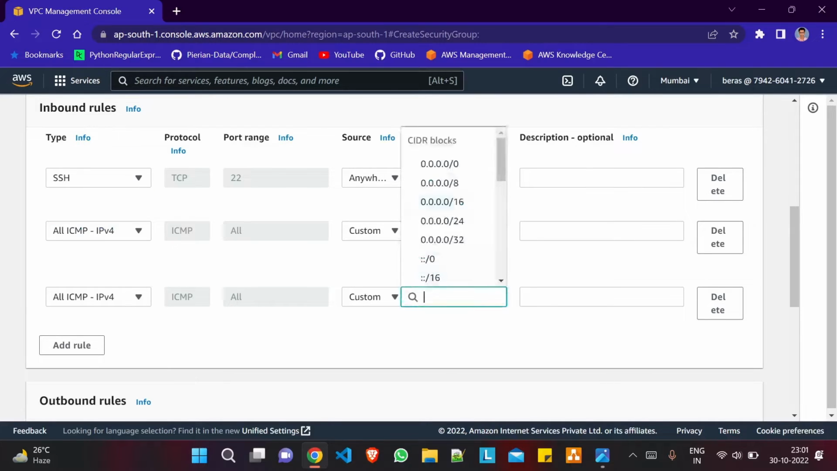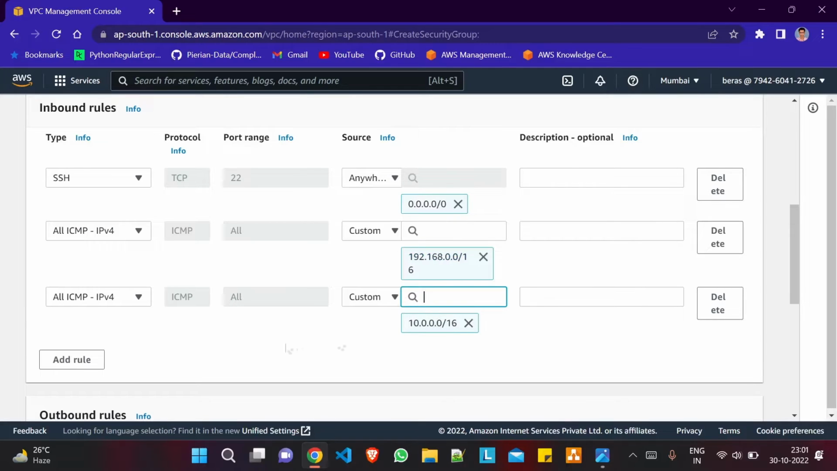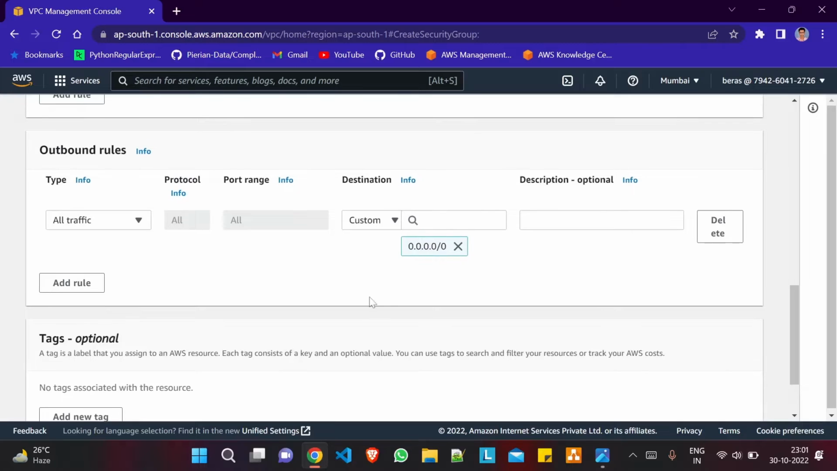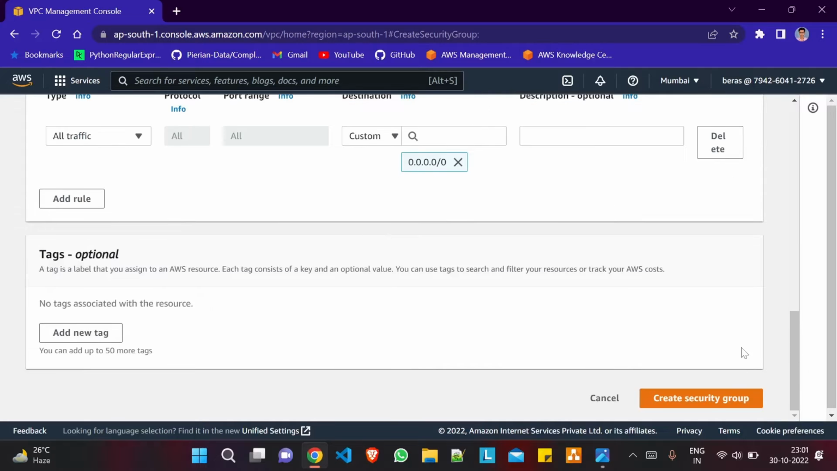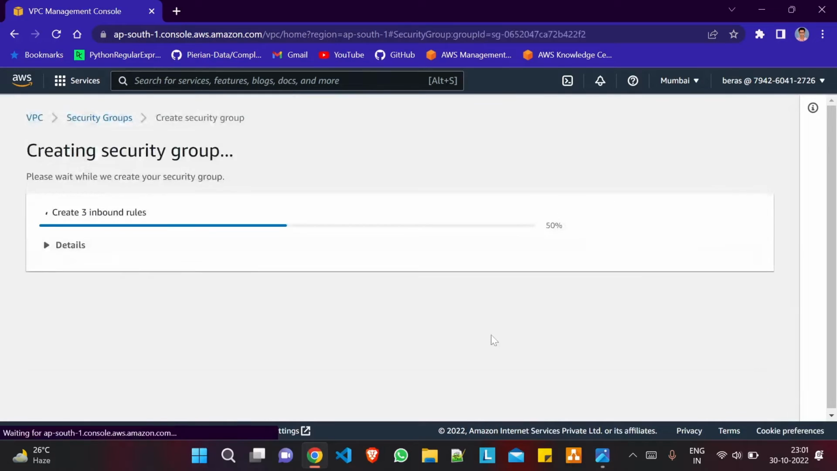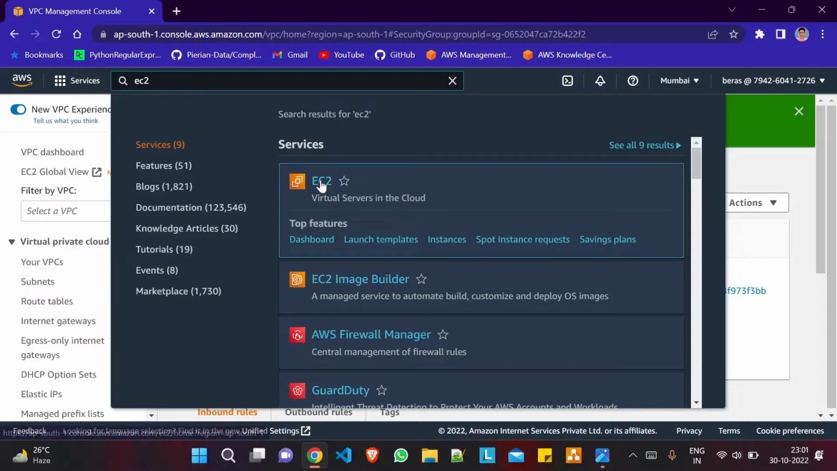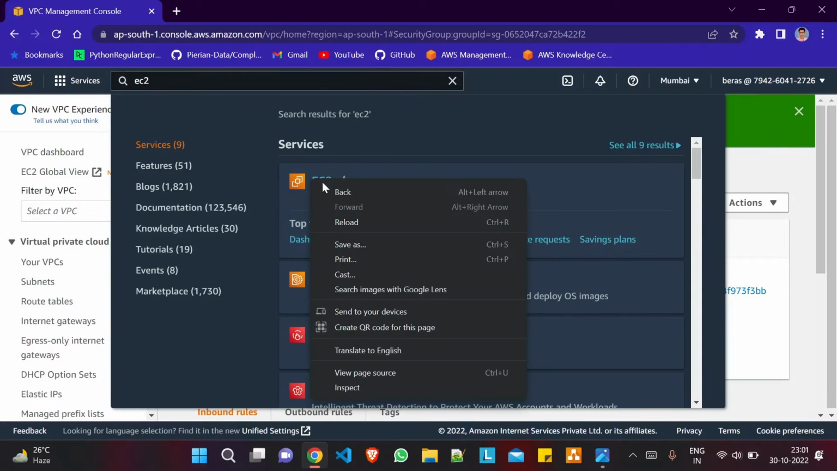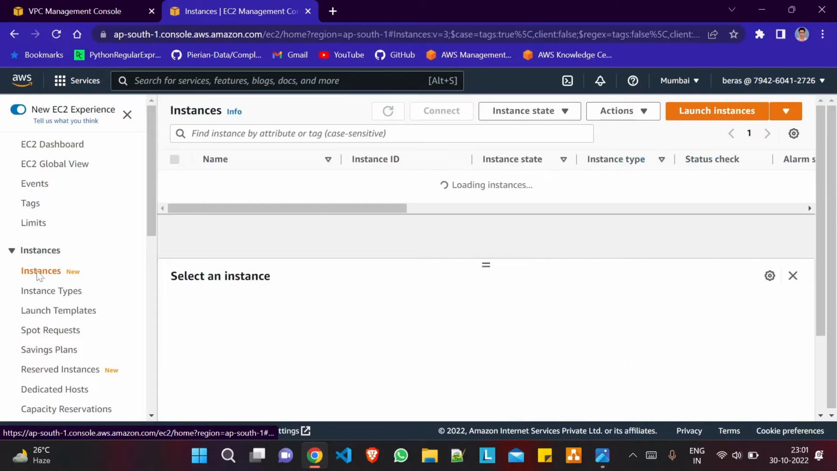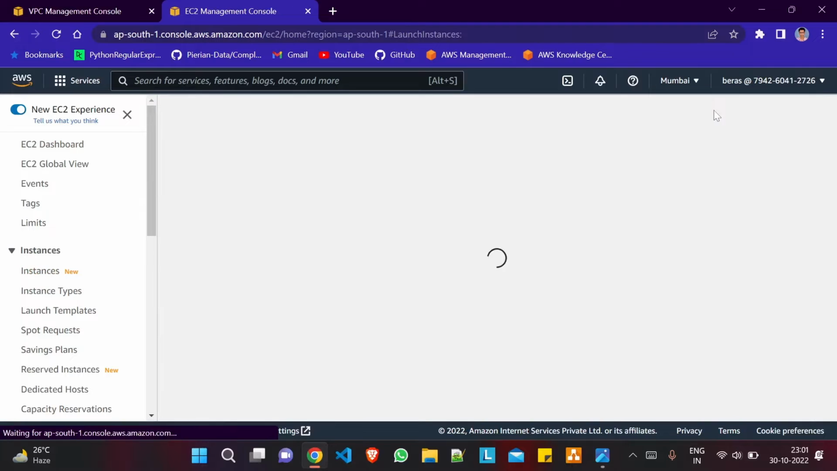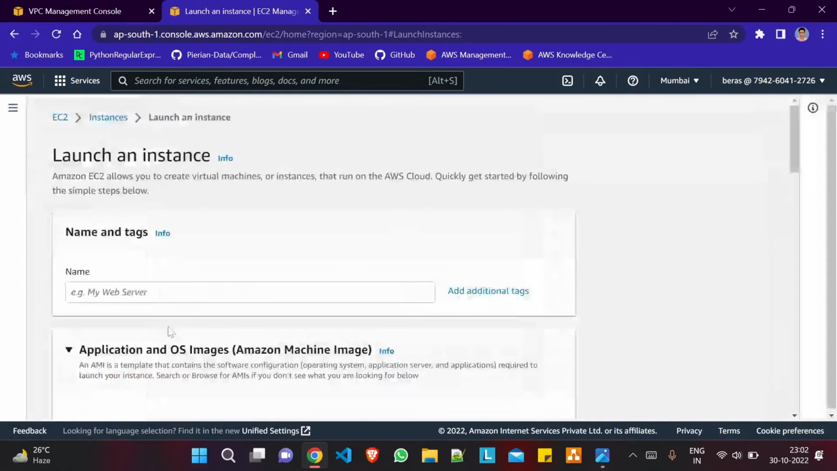Fine. So 10.0.0.0/16. Fine. Okay, so in the outbound you can see everything is allowed. Create security group. Okay, it's done. Now what we need to do, we need to create two different EC2 instances in two different public subnets. Okay, now I'll click on instances. We'll create two instances. Launch instance